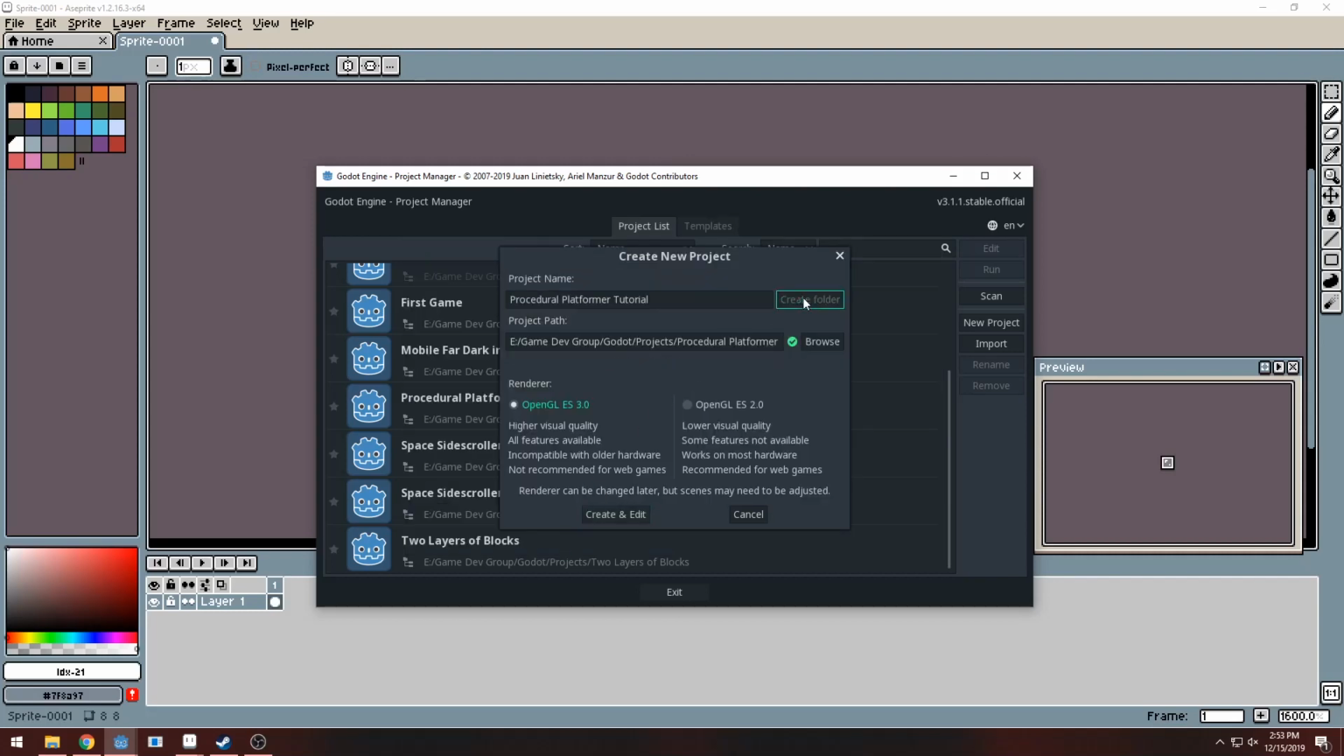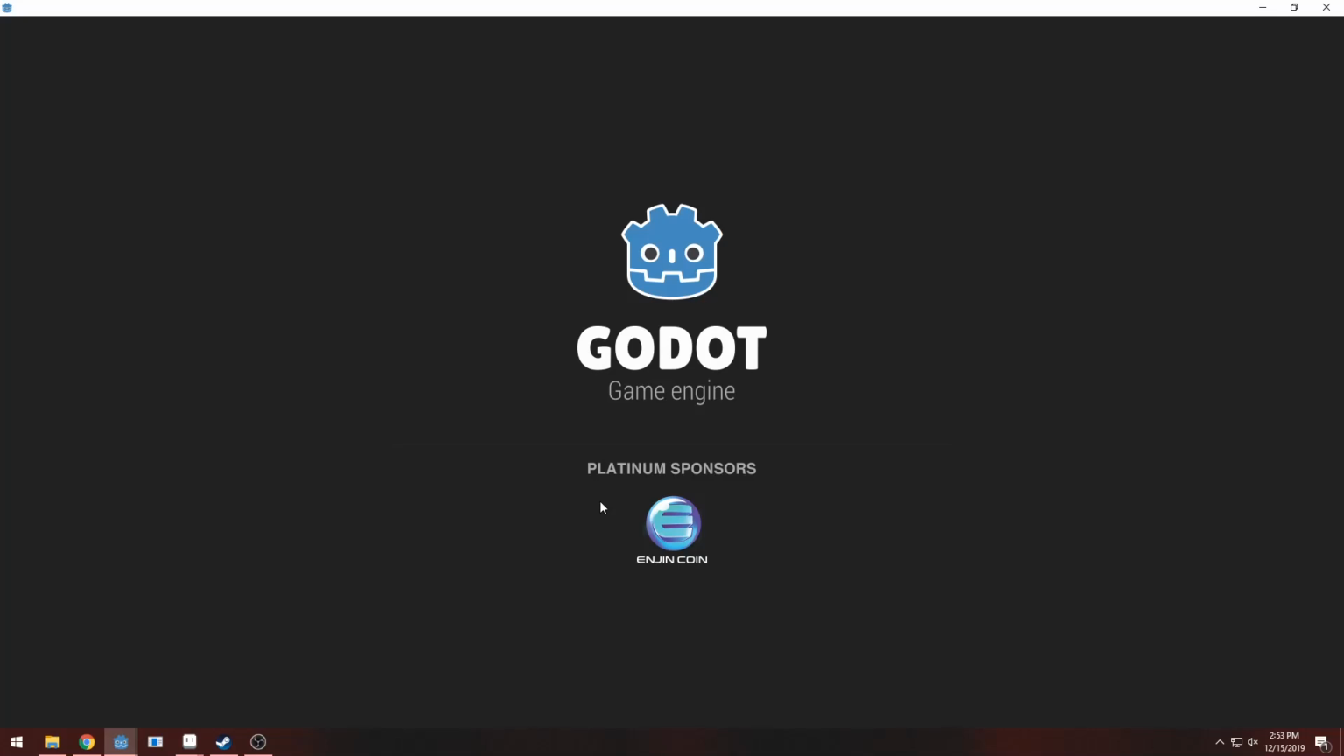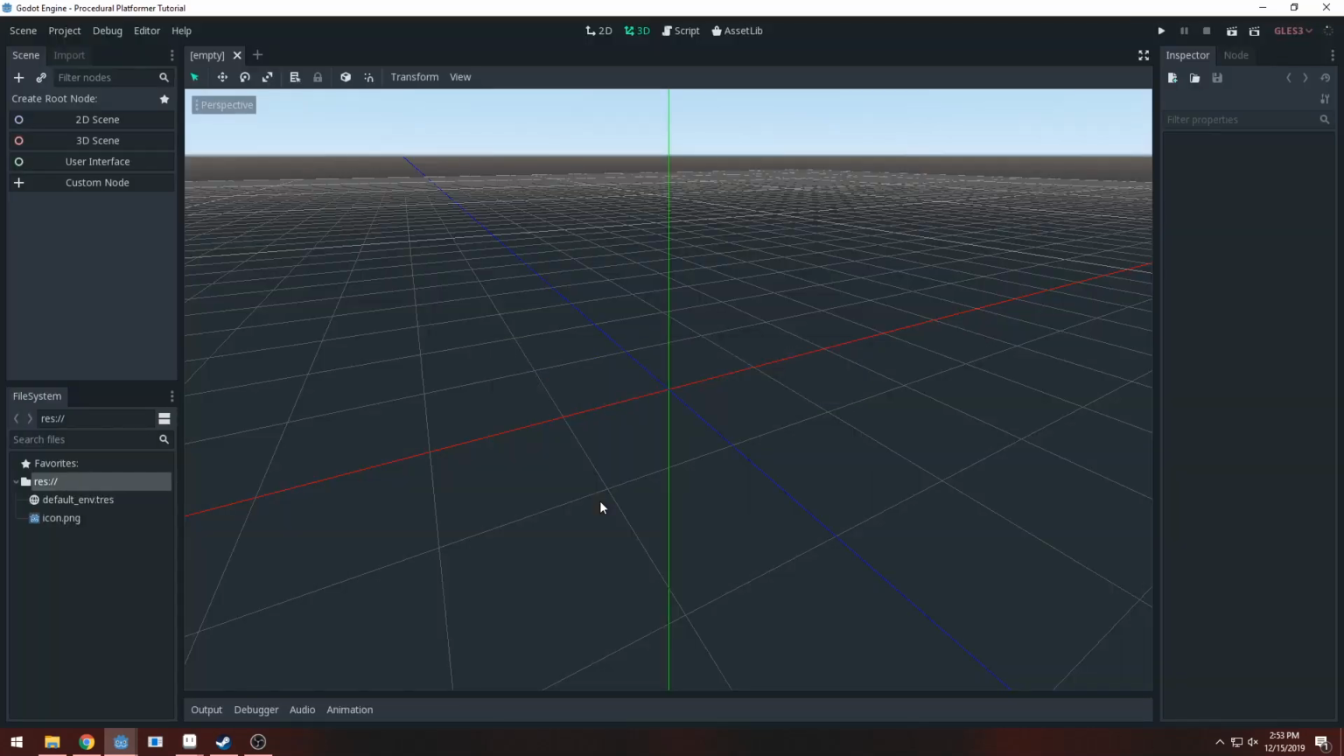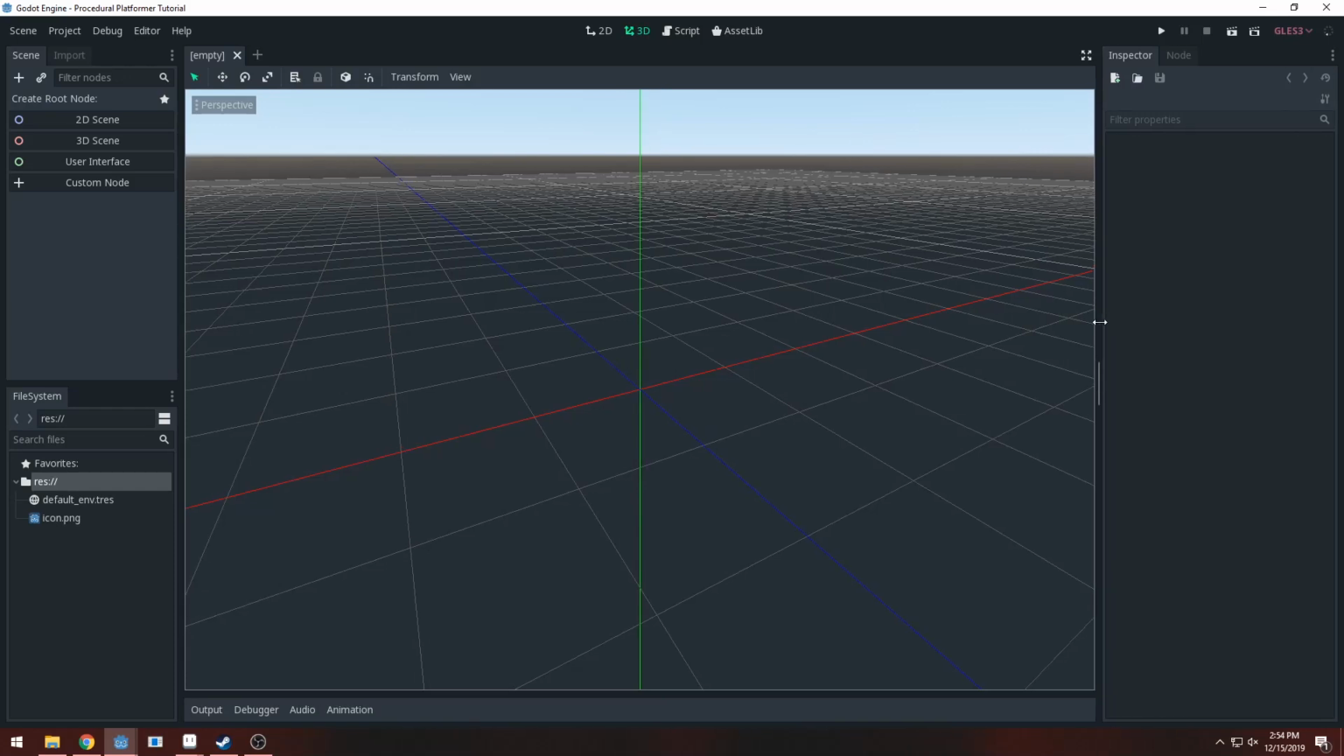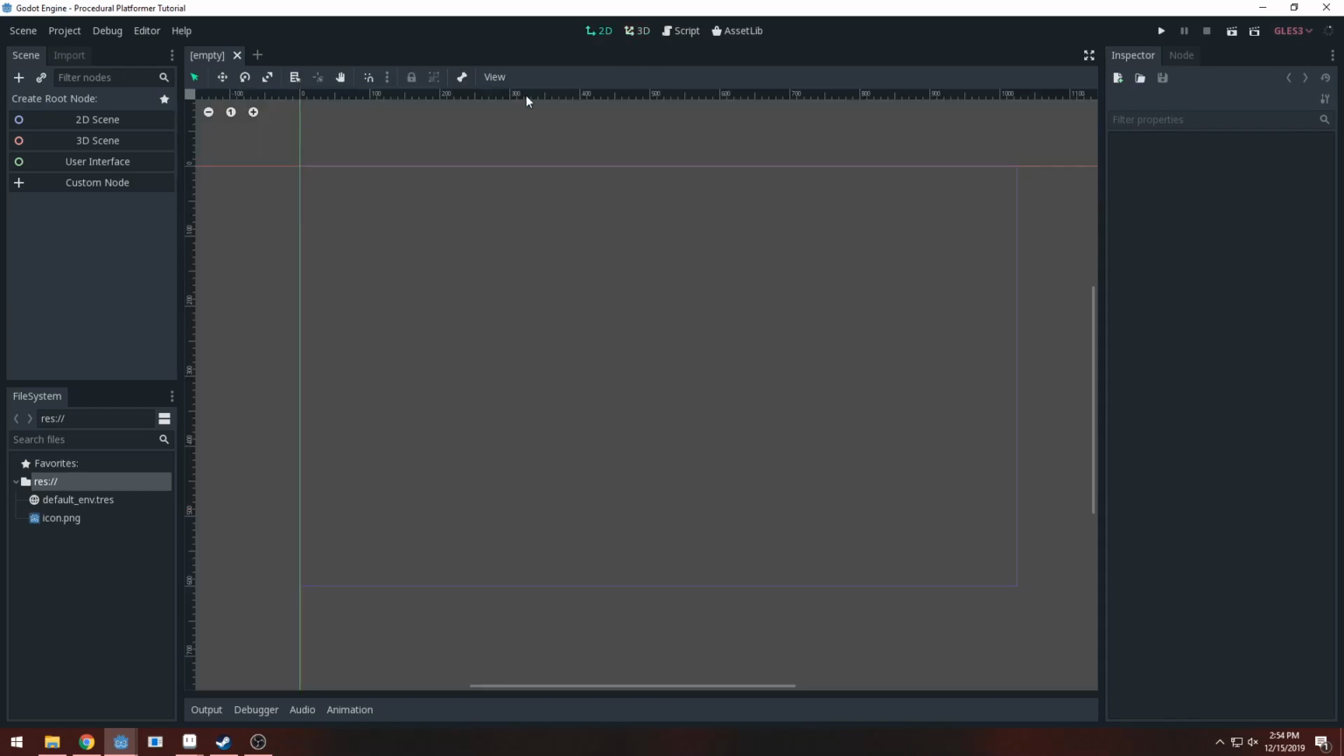Select our projects folder, create folder. And we're just going to leave it on GLES 3.0. If you want to export it to the web or mobile, I would recommend doing GLES 2.0. Now, that being said, this tutorial is more oriented for people that are familiar with Godot. If you're still new to it, I'm going to try to explain some things, but I might not fully explain a couple of things, but I'm going to try my best, and this is going to be more for if you're familiar. So we're going to hit the 2D tab,